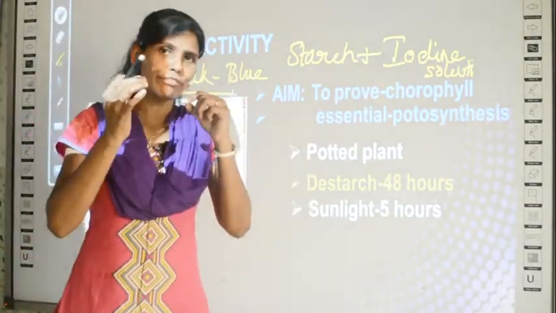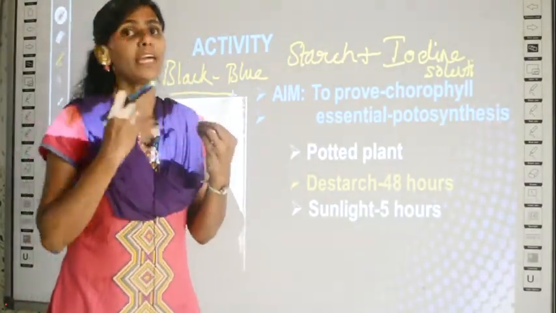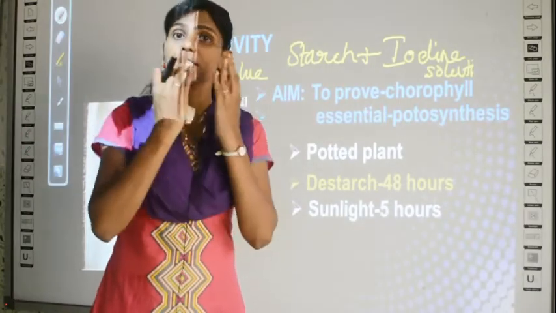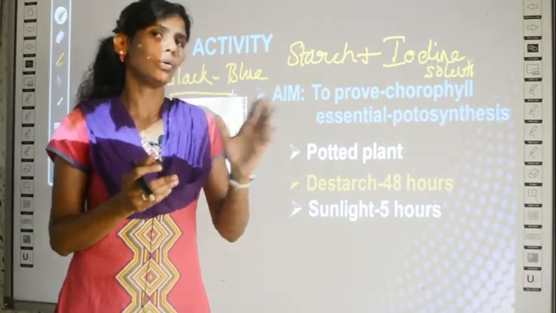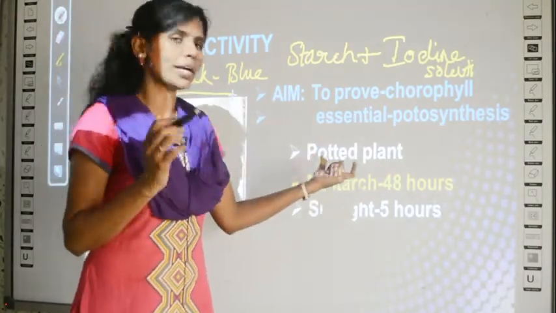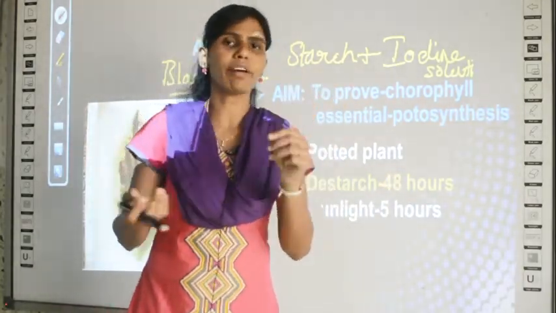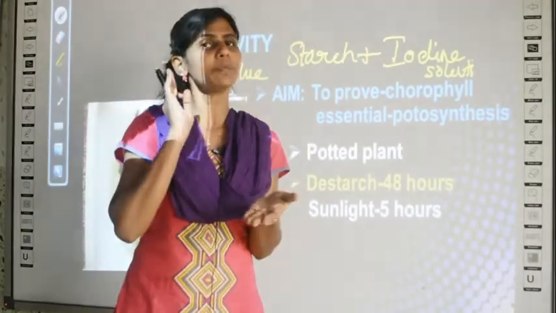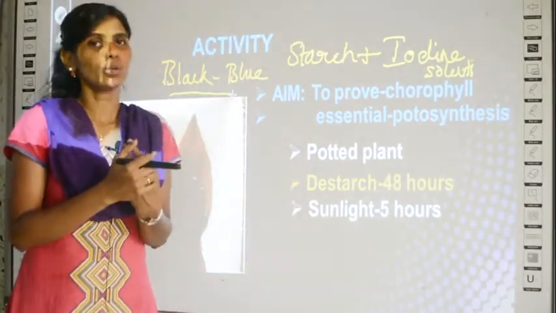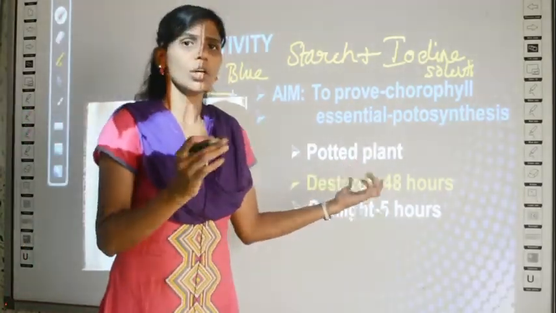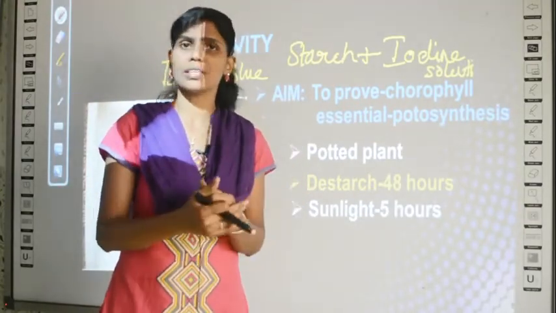So if I take a leaf and pour iodine solution, if there is starch in the leaf, it will be blue black in color. If there is no starch, it will be brown or some other color, but not blue. So what did I tell you? I told you to de-starch a plant for 48 hours. Now if you take a leaf and pour iodine on the leaf, what color will you get after de-starching? You will not get the blue color, because the starch has been removed after keeping it in a dark room